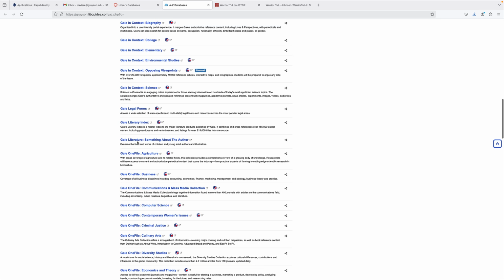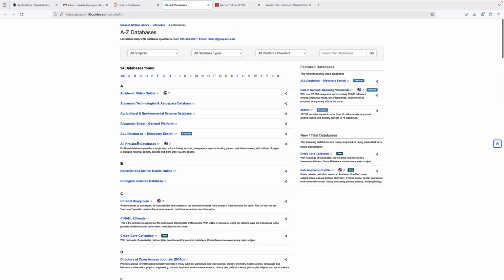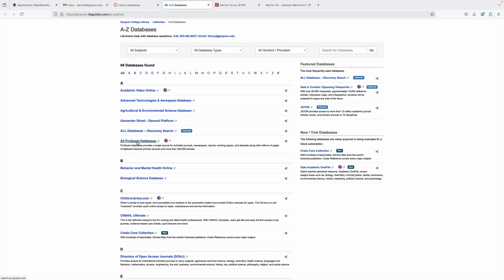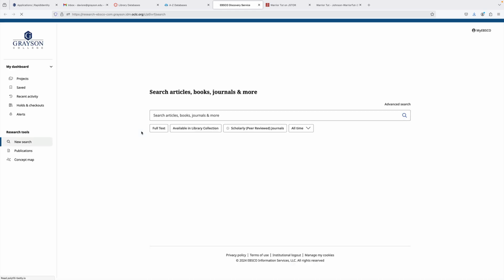And I'm not going through all of them in here. I go through some of them in the other screencasts. This is what things are moving to, this all databases discovery search. Because it has more options, this one's now a little trickier, I think, to operate. So what you want to do is